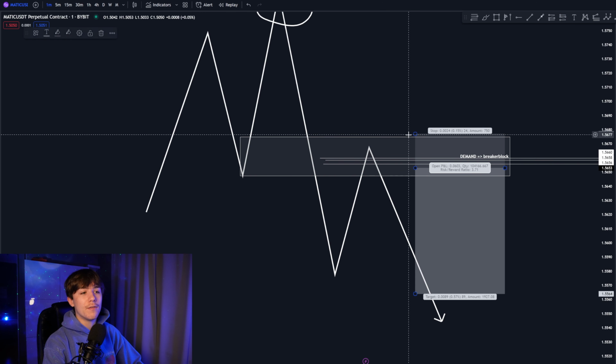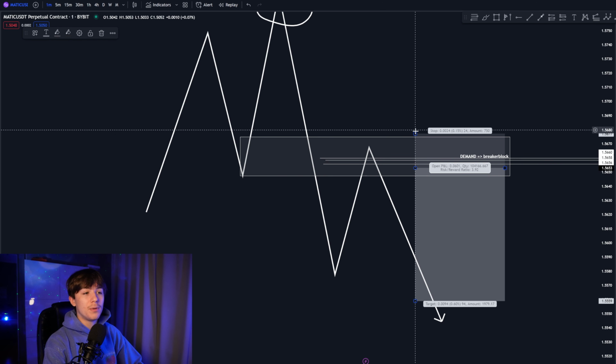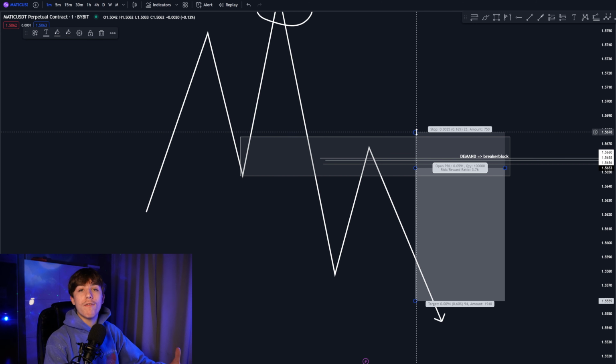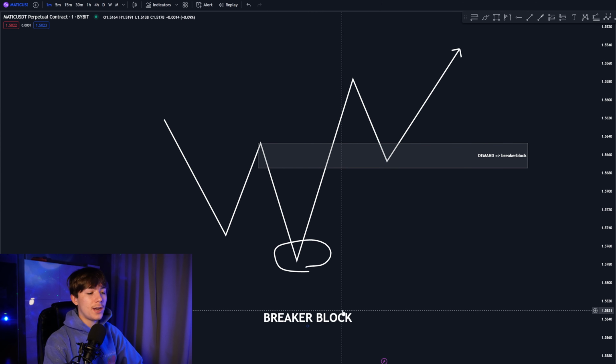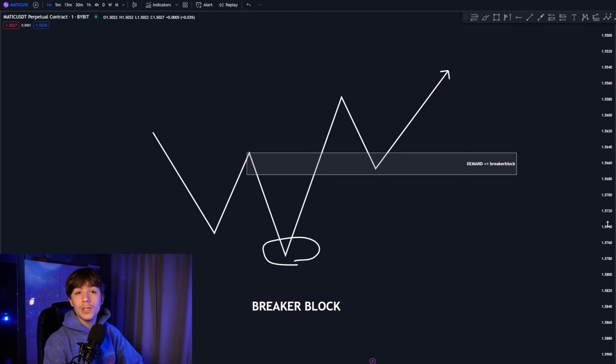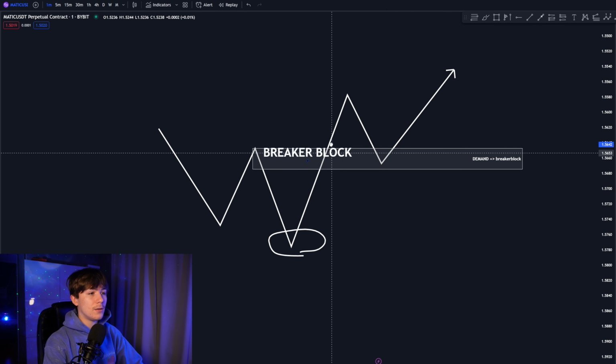Because you don't want to get front run on this trade, and you want to place your stop loss just above your found confluence, above your levels of resistance. And then the other way around, I'm just gonna invert the chart, and it's actually the same but just the opposite, of course. So what you want to see with a bullish breaker block is, let me just quickly put this here,